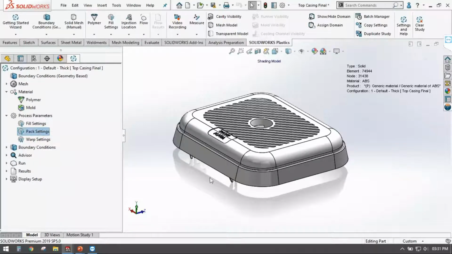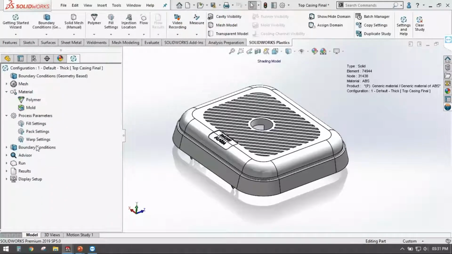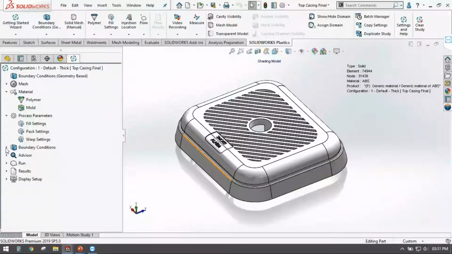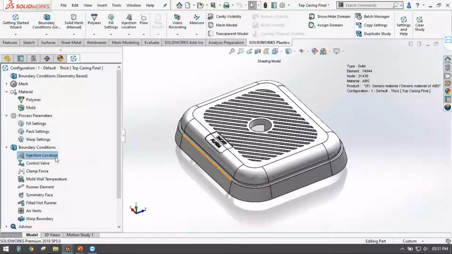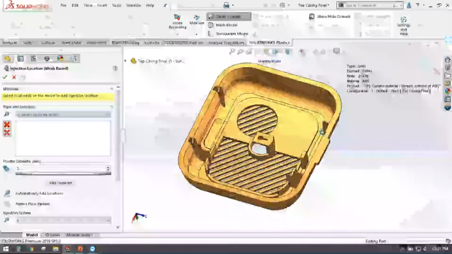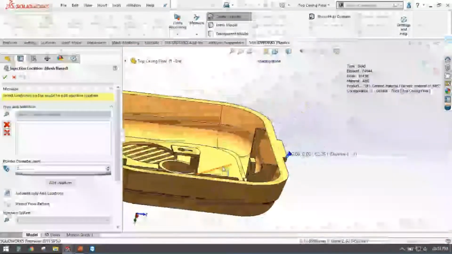Then you can also state the parameters for the pack stage. So once the cavity is filled, we actually keep the pressure on for a few seconds. So you can specify what will be the pressure holding time as well as the cooling time. So these are all the parameters that you can set to check your product. Now the next thing is you can specify where your injection location would be, or where the plastic would be entering, right?